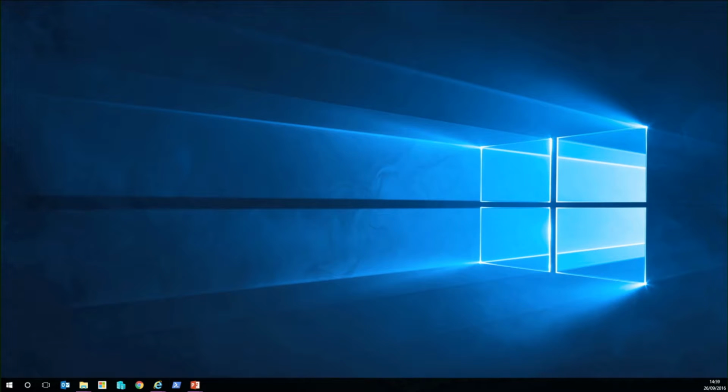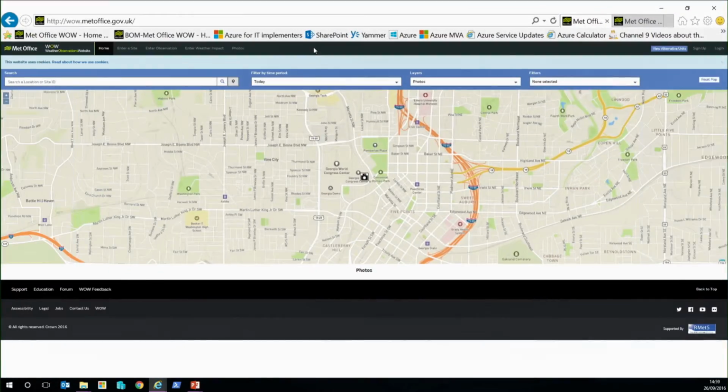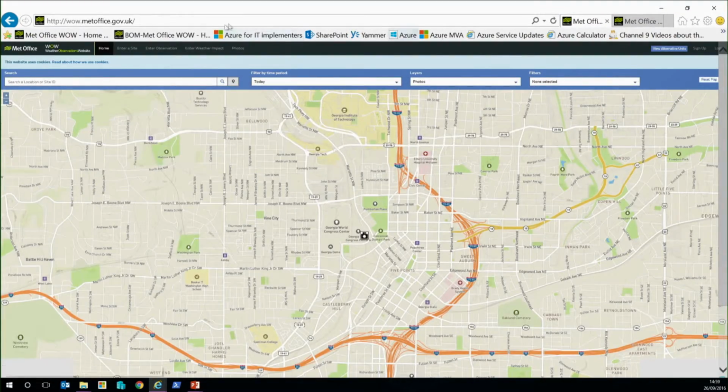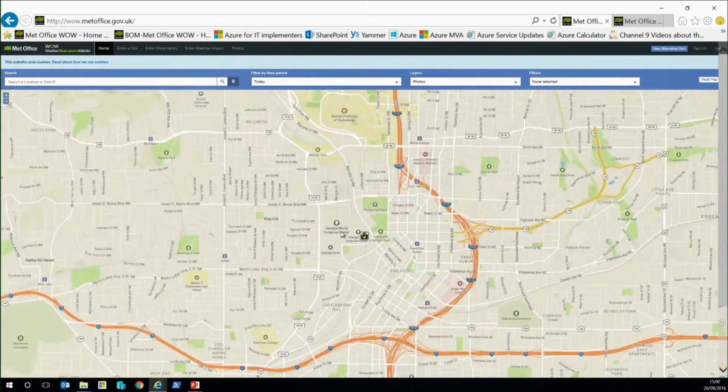Okay, so here we can see the platform, which is the WOW website, weather observation website. We can zoom in and out of the region. We've got different layers, for example, temperature, photos, humidity. If we look at photos and look at our current location, we can see entries that people have put in. At the moment, there's not so much in this area, but if we zoomed out and typed London, for example,